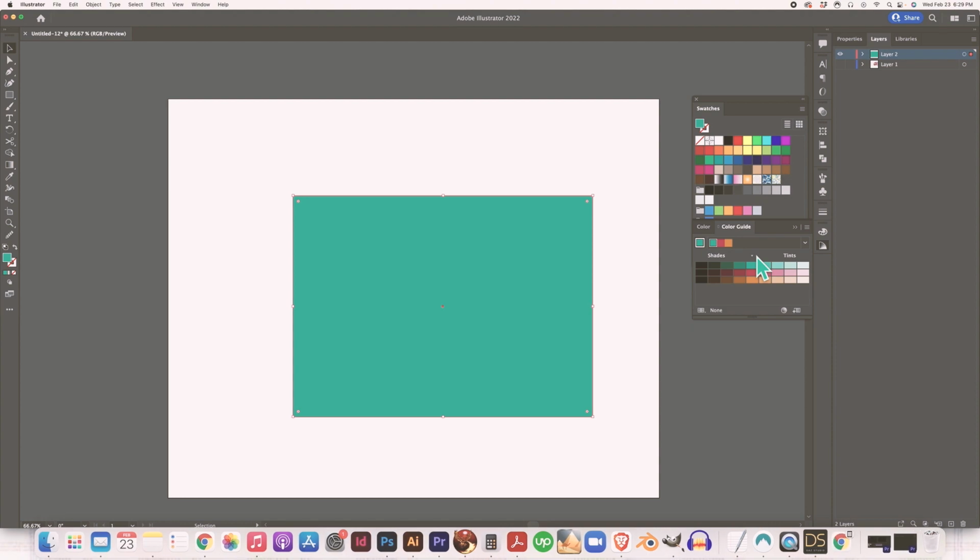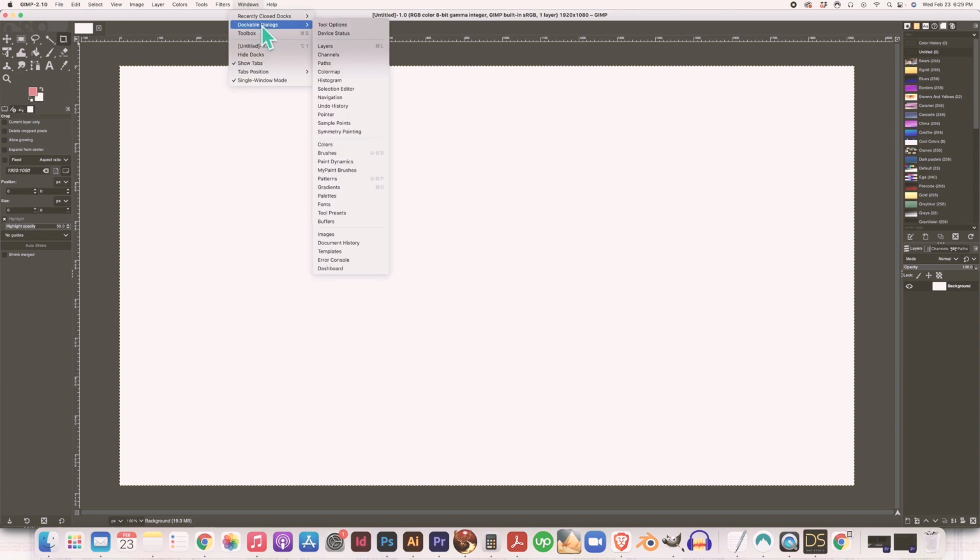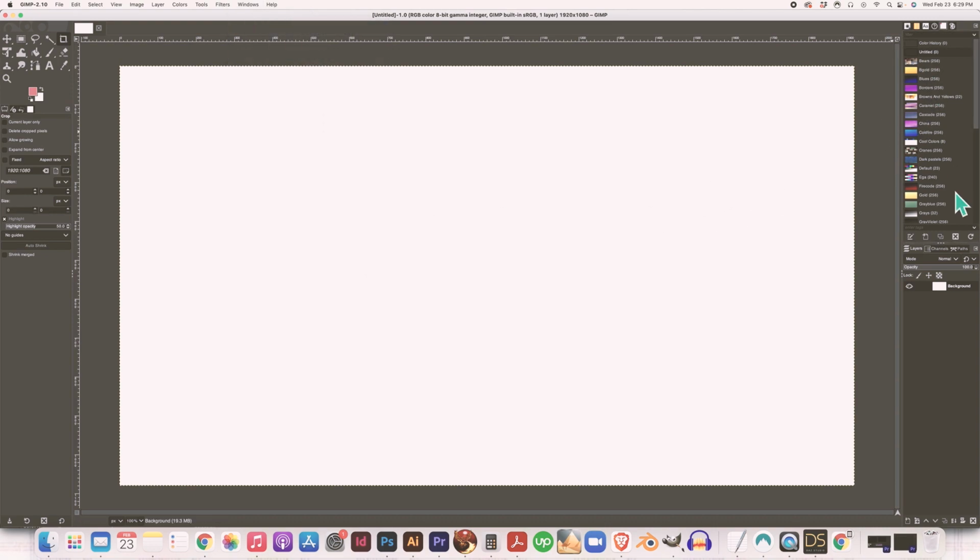So next, going over to GIMP. Now, I'm not a GIMP user, so I always have to apologize about my lack of knowledge navigating GIMP whenever I work in it. But you see on the right hand side there is a list of palettes. If you don't see that at the top, you can go to Windows and go to Dockable Dialogs and then choose Palettes, and then it will open this window here, and then you can use what they have. You can explore the different ones that they have,